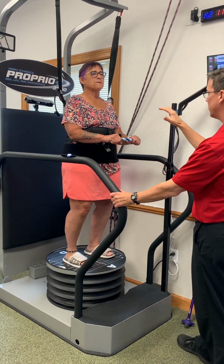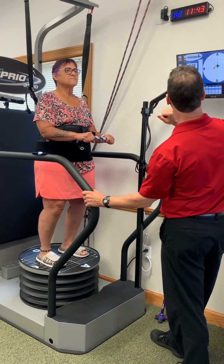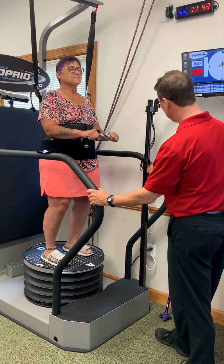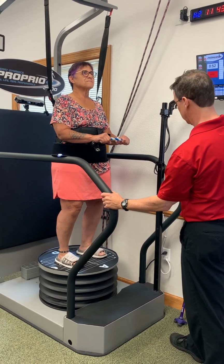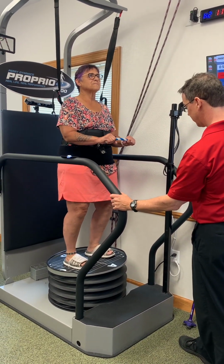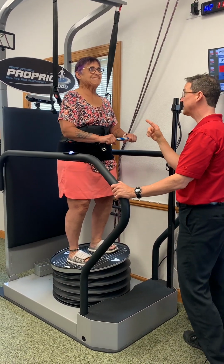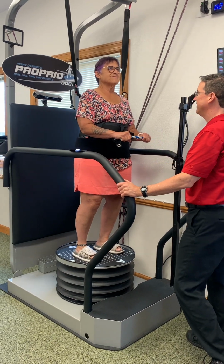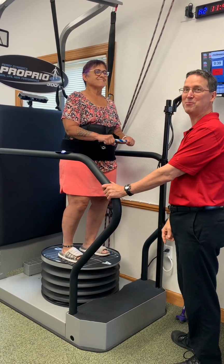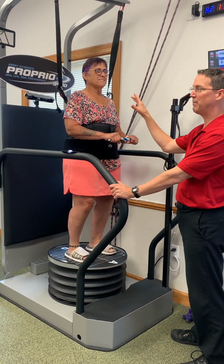So this device, we can also have recordings. Now it's going to pause for a little bit. Now it's going to go slower, but it's going to be larger movements. It's going to stay at that speed. It's getting to the limits of the challenge, right? Like, oh, I don't know about this. She does not want to keep holding on to that rope. She'd much rather hold on to the sides. Right? Now, what do you think might happen if I had her...